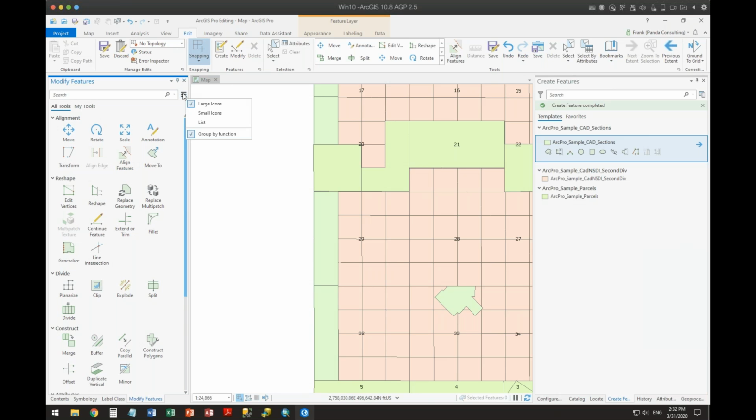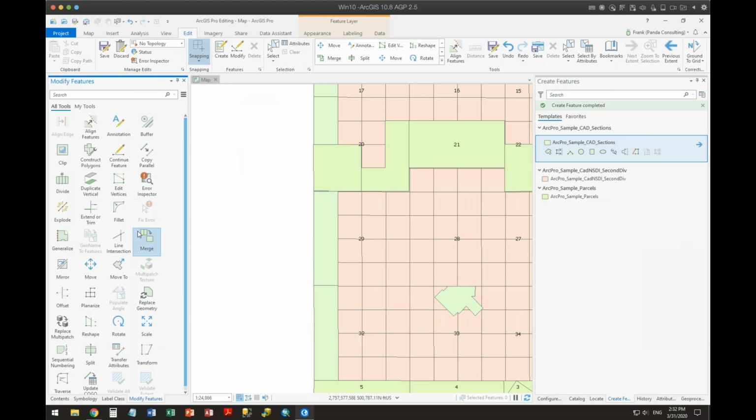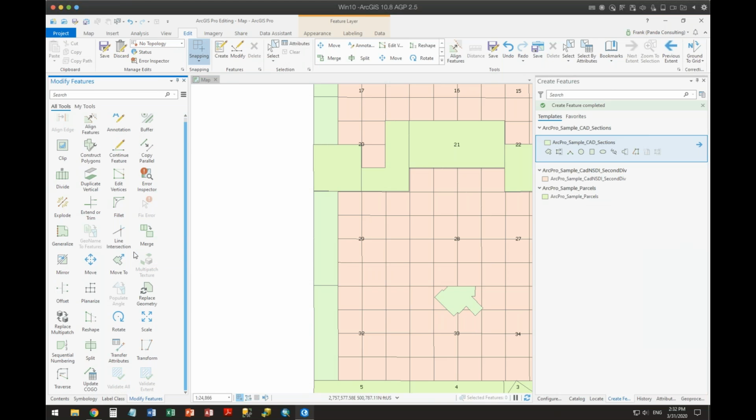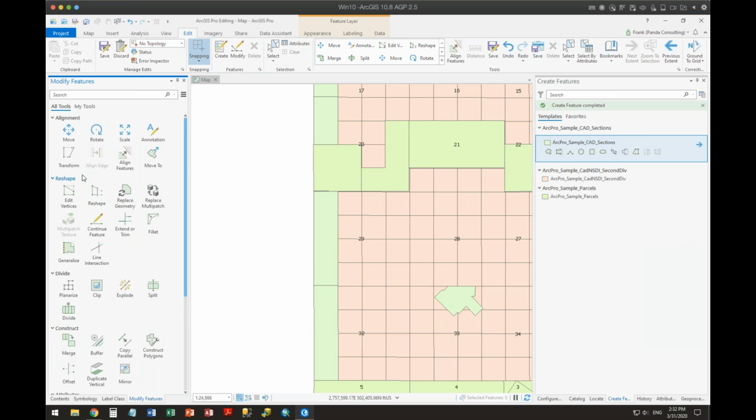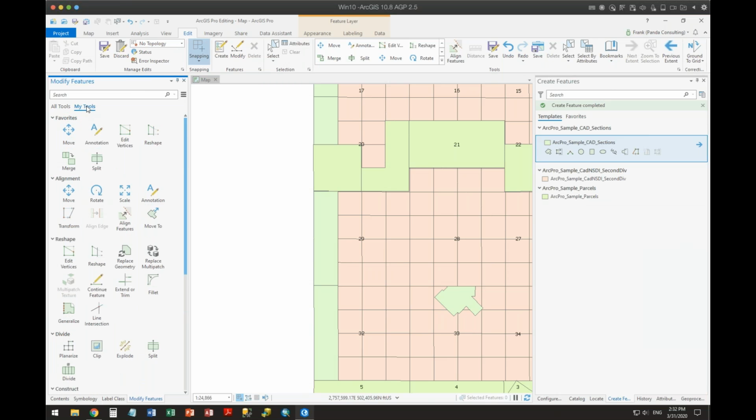And again, I can change what it looks like. I also have the ability to group it by function or just give me a list. I still can't handle that list. At least group it by function for me on here. I can set up my own tools for my favorites, or I can just use all of them.